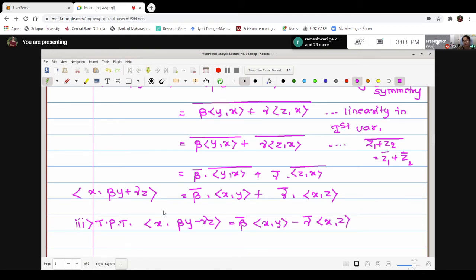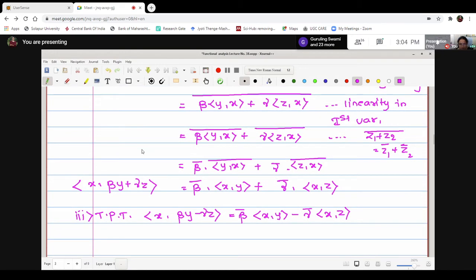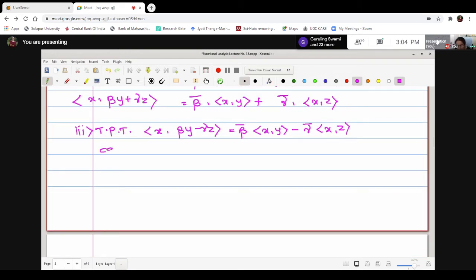Now if we look at the previous statement, we have the same properties but only the change of negative sign. Therefore, to prove this property, we will try to write this term as an addition. Correct? Therefore, considering the left hand side, no doubt, the inner product of x with beta y minus gamma z, we will try to write this second term as an addition. To write this, I will write it as x with beta y plus the scalar, which I will put in a bracket with a negative sign, so minus gamma, into z.